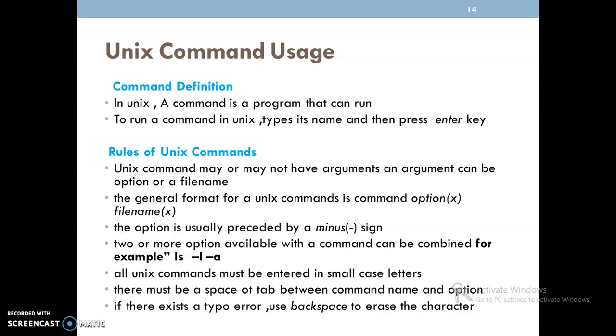While typing the command, if we make any mistakes, we need to use the backspace. The cursor is not moving here in the prompt, so we need to use the backspace to correct the mistake that has taken place in the command prompt.